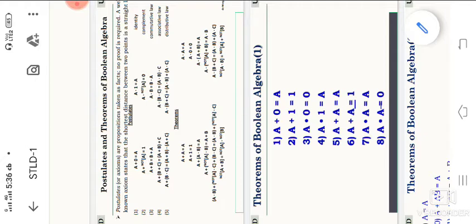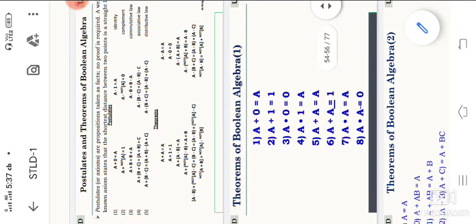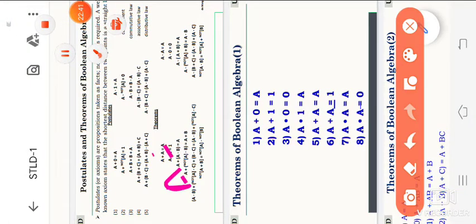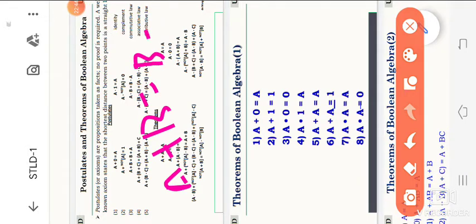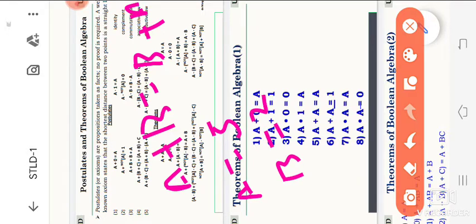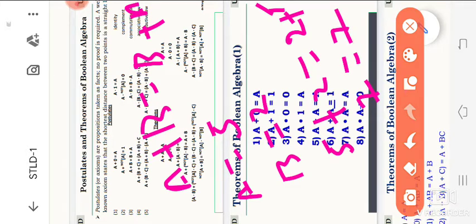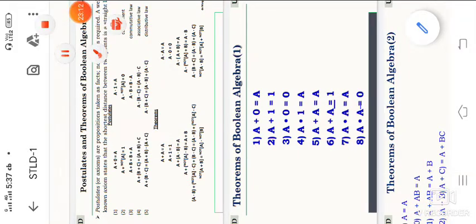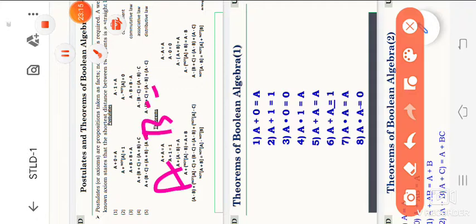Next one is the commutative. That means here we have to observe commutative law. A plus B equal to B plus A. For example, A equal to 5, B equal to 2. We have applied. So 5 plus 2, 2 plus 5. Finally 7 equal to 7. So whatever the letters we interchange, the operation will be the same. We are applying addition, so you will get the same.